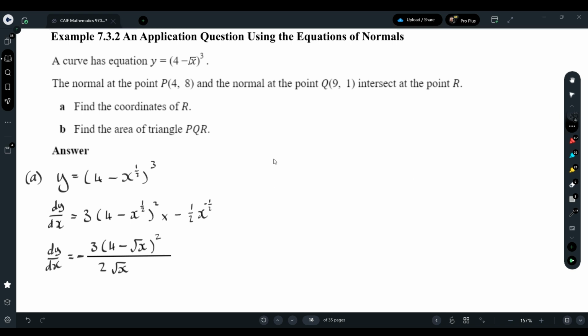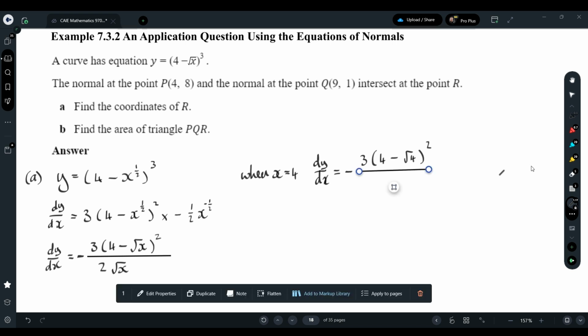Next step is to find out the gradient of the tangent at point P and the gradient of the tangent at point Q. Then we will use those gradients of the tangents to find the gradients of the normals. So let's start off with the point P. When x is equal to 4, dy by dx would be equal to minus 3 times (4 minus root 4) to the power of 2, all over